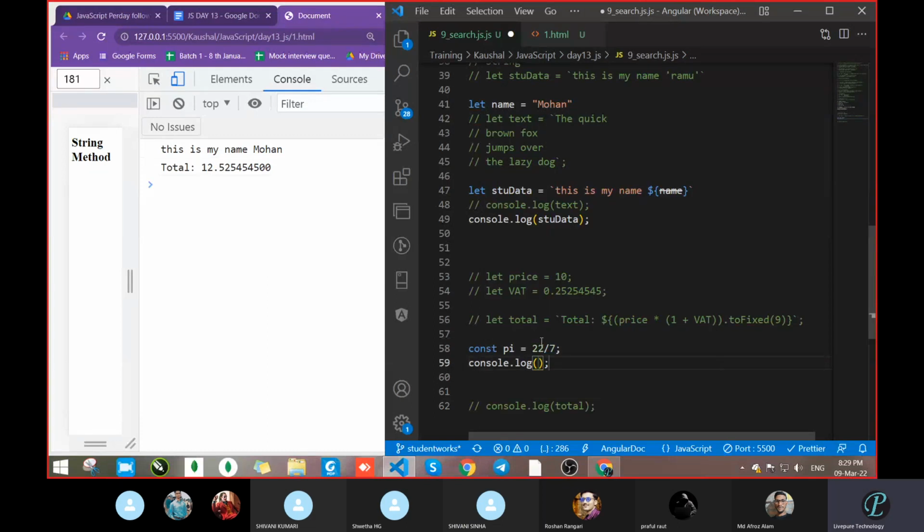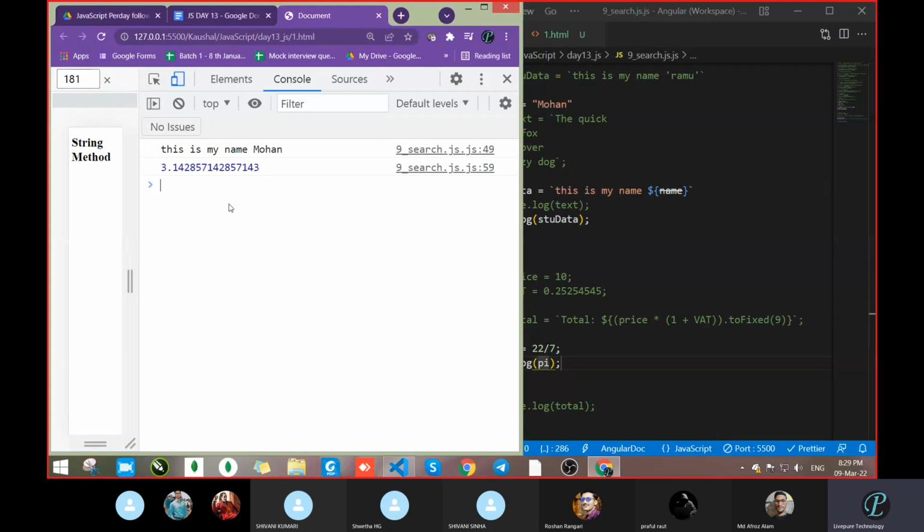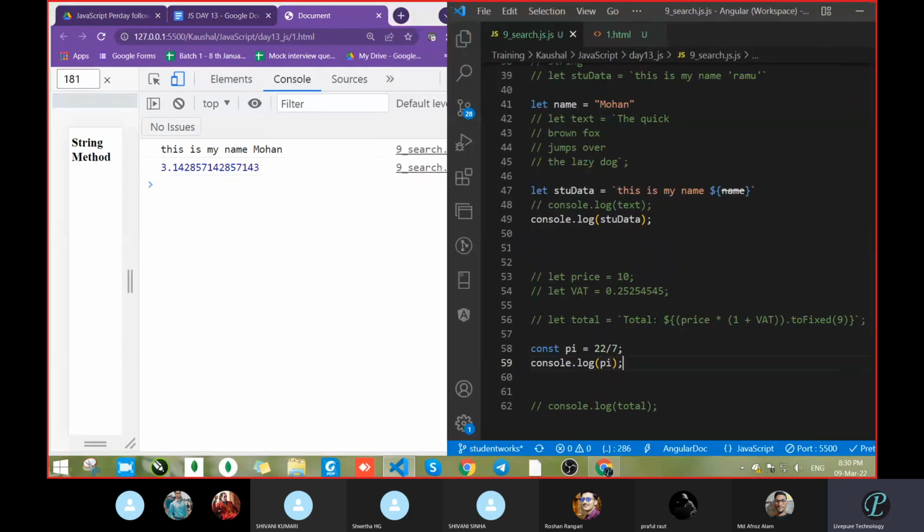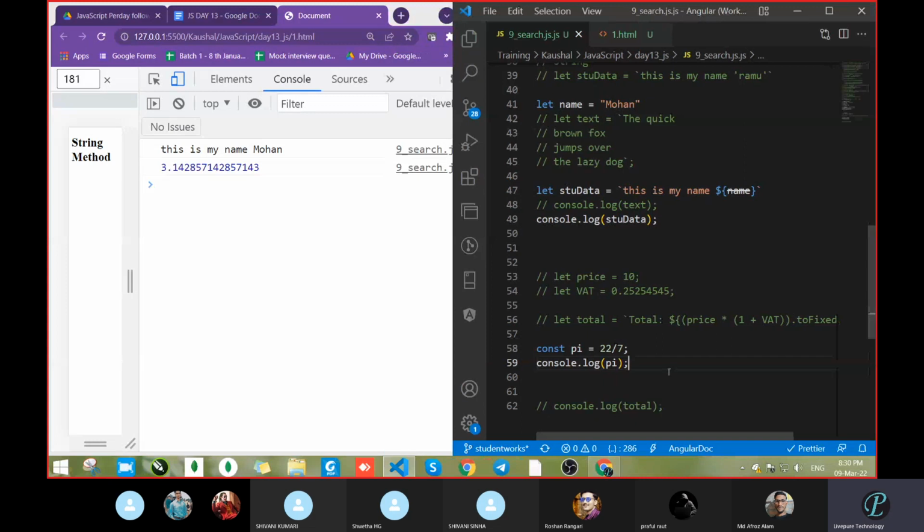Now console log pi and save. What value did you get here? 3.144 something. But what value are we always keeping in mind? 3.14. Correct or not? So how will we get only 2 decimals? Now pass here.